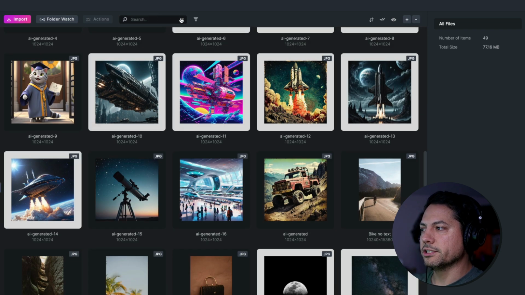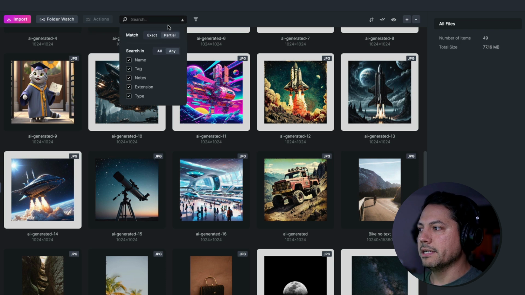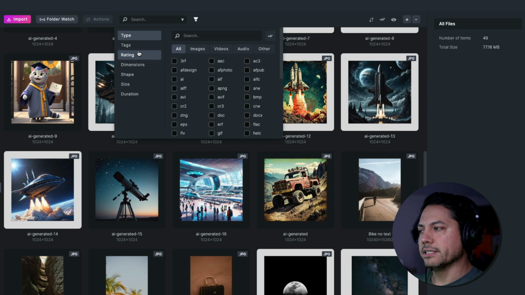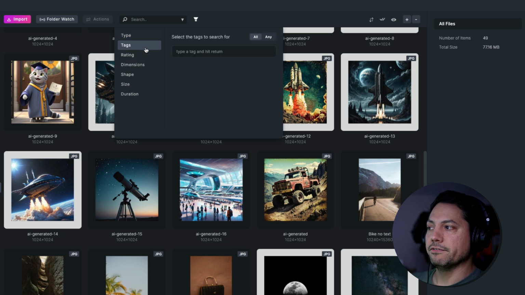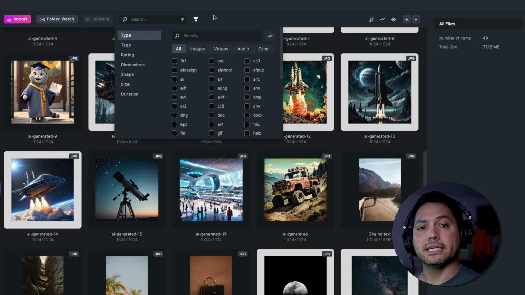And of course, as we showed before, we do have the search bar that we had on the homepage, but here it's a little different. You can search for specific file types or specific tag names. Or if I click on the drop down here, you can take away certain things you don't want it to search for, or you can have it search for all. You can also sort it down to specific tags, ratings, dimensions, shapes, sizes, durations. So there are a lot of possibilities built into the library page for sorting through all the files that you may have